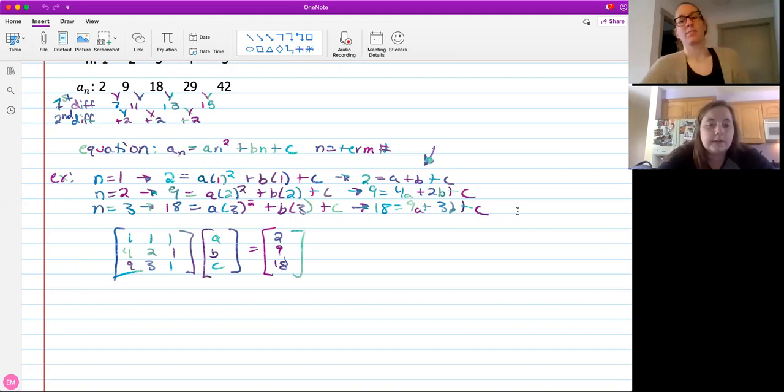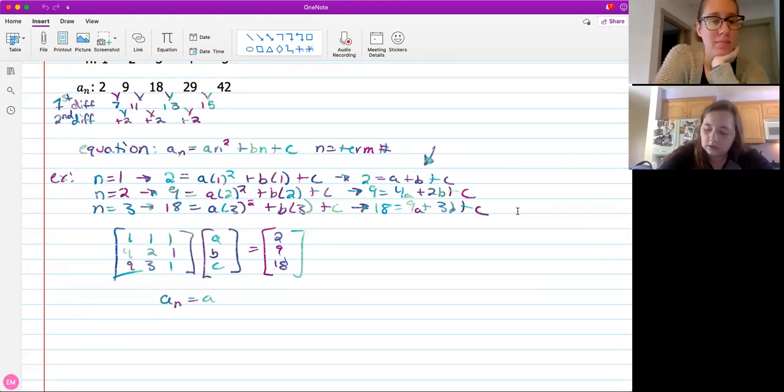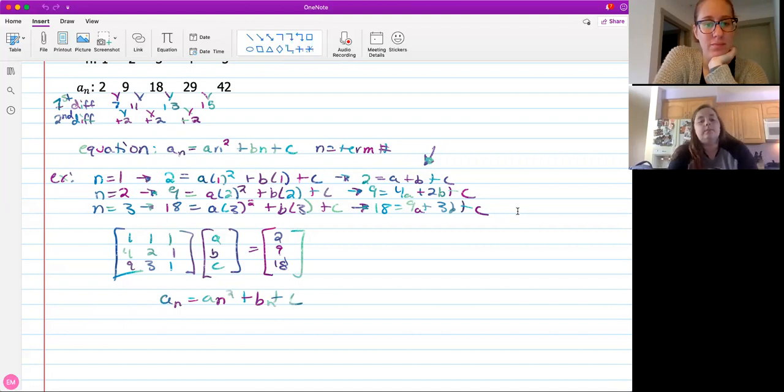Once you solve for this, whatever a, b, and c are equal to, that's what you go back in and fill in for a_n equals a n squared plus b n plus c. So whatever a, b, and c are equal to, those end up being your coefficients for your formula, and you should be able to solve that because like I said, I did that yesterday and it's no different from what's above. The only difference is